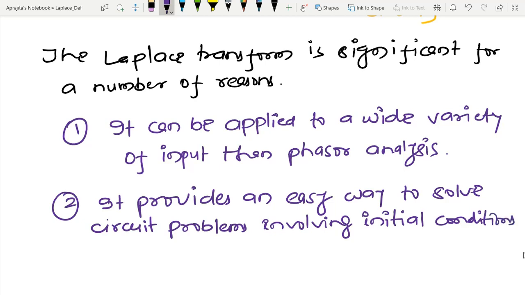In this method you can take any initial condition of the circuit element, meaning even if I have some initial voltage across the capacitor or some initial current across the inductor, it is possible to apply this method, and this is because